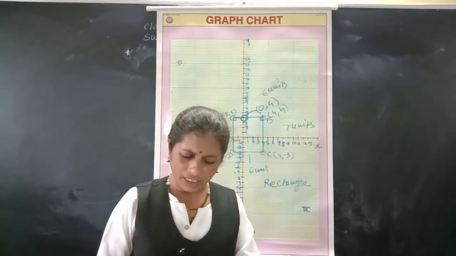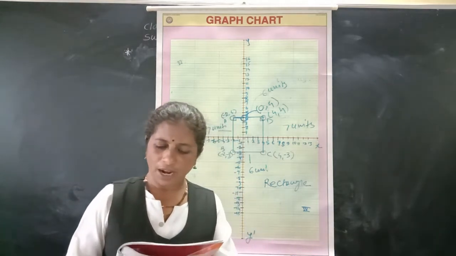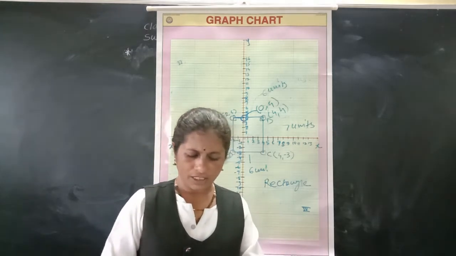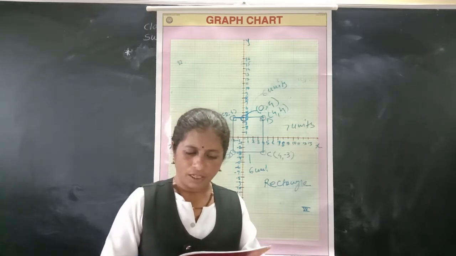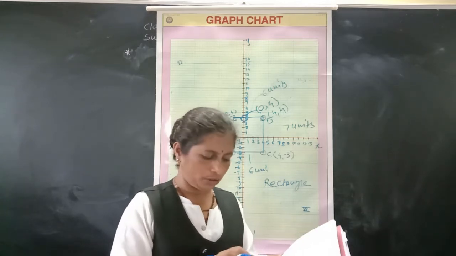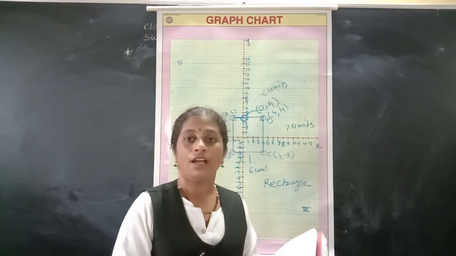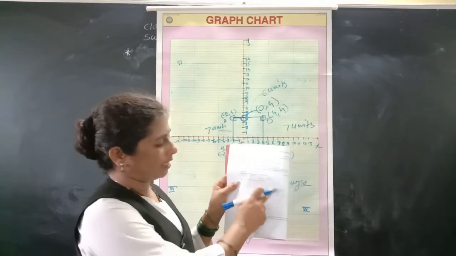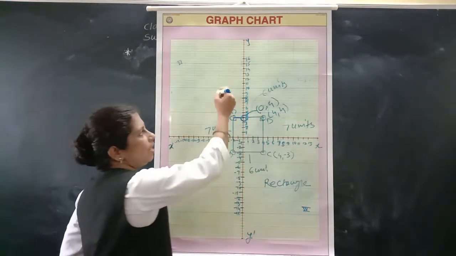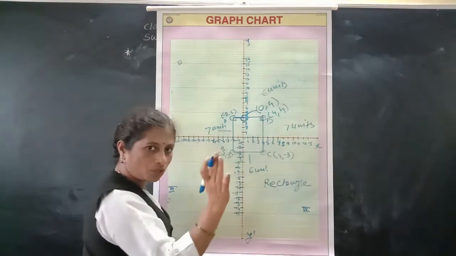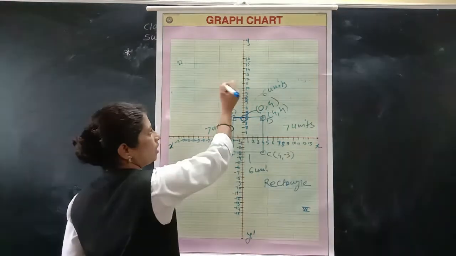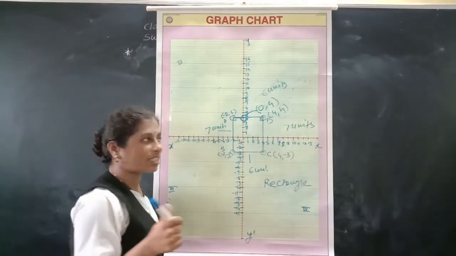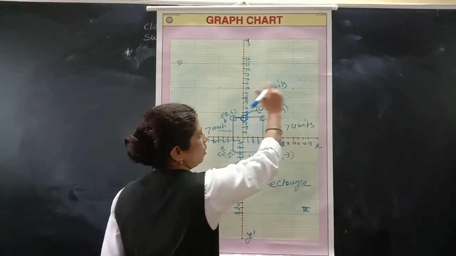Now question number 17 is very easy. Plot the points on the graph paper. You have to just plot the given points on the graph paper. Question number 18: the figure is given, and we have to answer according to the questions, the coordinates of point B, point C. Only the figure is given, with points shown by dotted lines. Points are given anywhere on the Cartesian plane. You have to use the scale and draw lines that join the point like this.